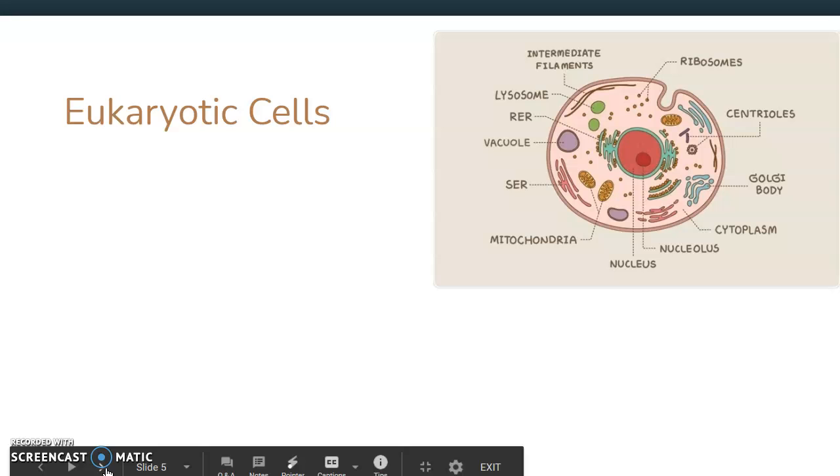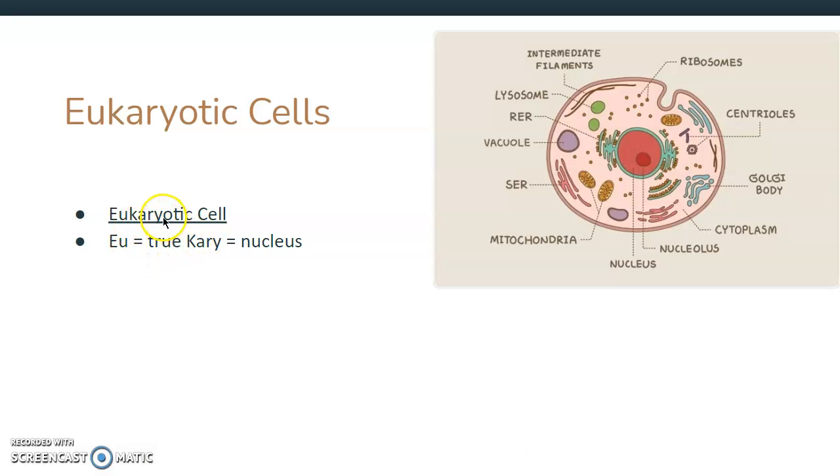But let's start with eukaryotic cells. I have a nice picture of a eukaryotic cell up here. Eukaryotic cells: the "eu" part stands for true, and the "karyo" part stands for nucleus. So a true nucleus, or it has a nucleus on the inside of the cell. It is often defined as a complex cell with